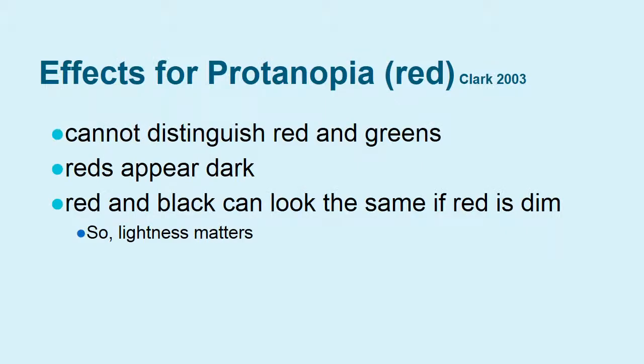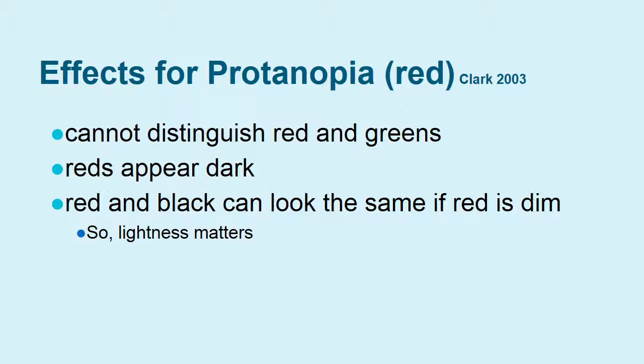Now let's take the extreme, protanopia, and this is where we have a missing red cone, and those folks that have this deficiency cannot distinguish as well between red and green. So this would be the extreme. But the good news is, for folks that do suffer from protanopia, some people call these protans, their red appears dark. So you can use lightness steps